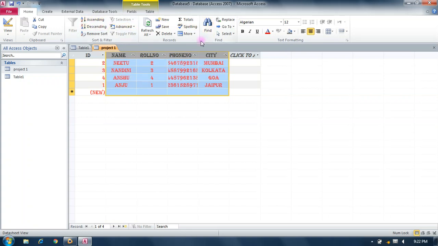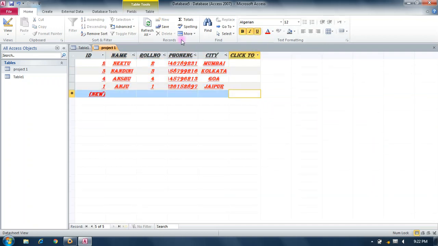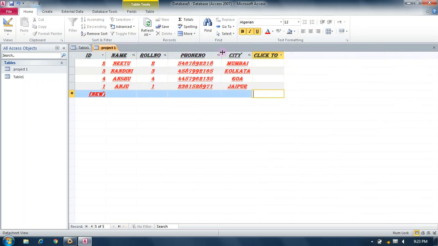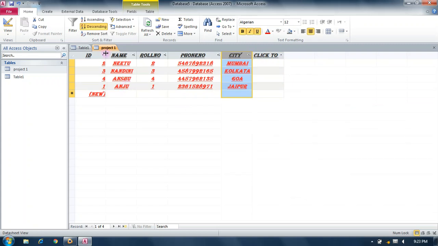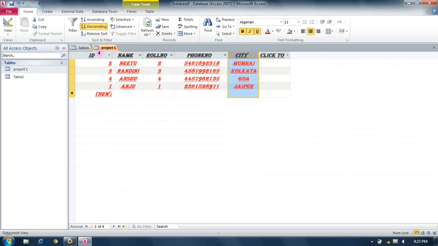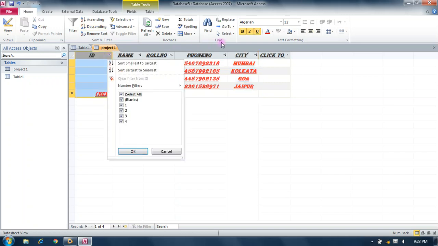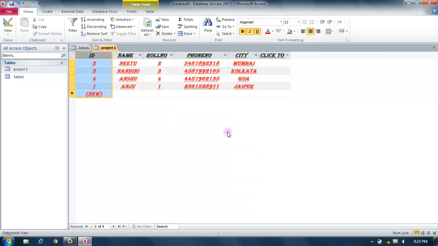Okay, and you can bold from here, italic from here, underline from here. This is your data management system.